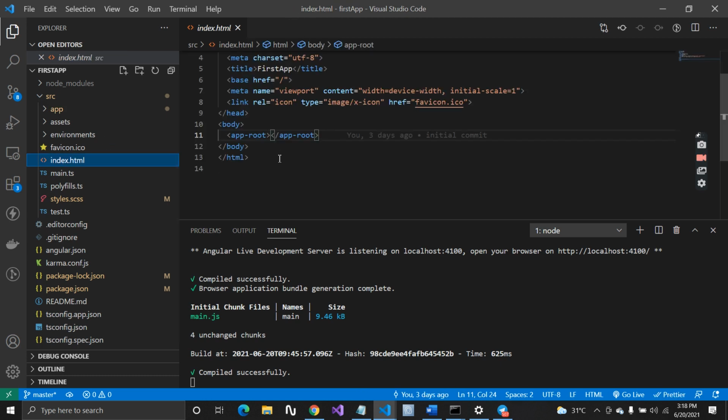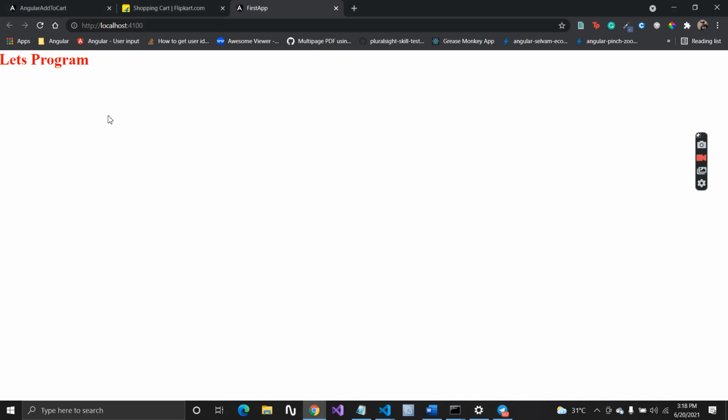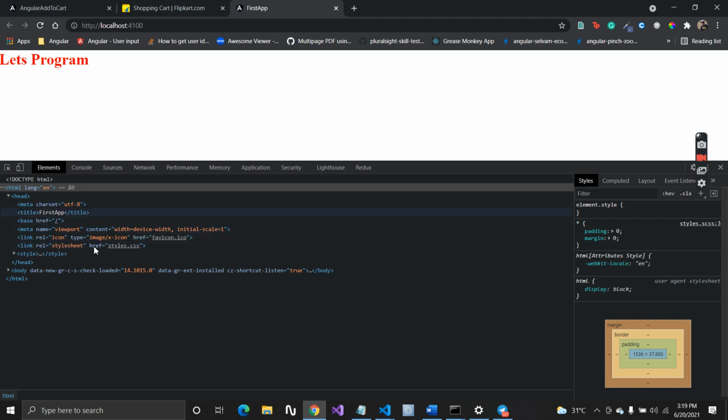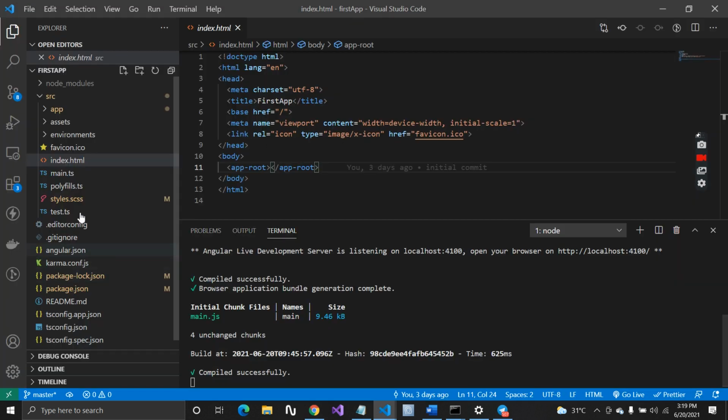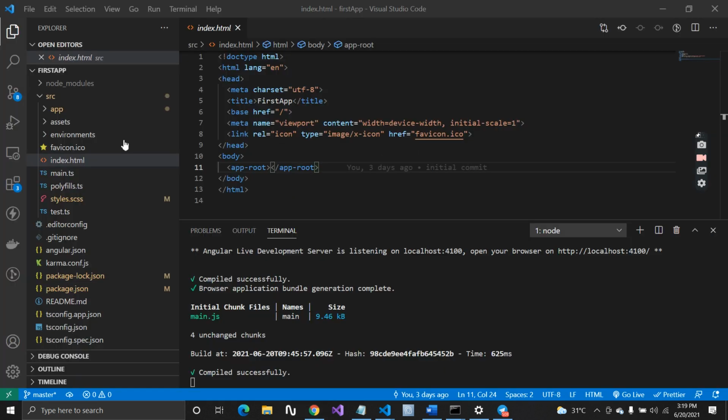Now here you can see I have this index.html. I'm saying that the first thing which renders on your browser is your index.html. Let's prove this. I'm in my browser now. Let's inspect this and check inside our elements. Here you can see I have this head, and inside this head I have the same thing which is inside our index.html. So we have proved that the first thing which renders is your index.html.